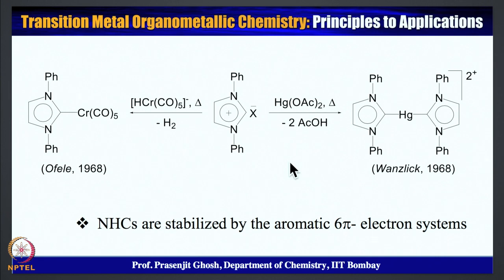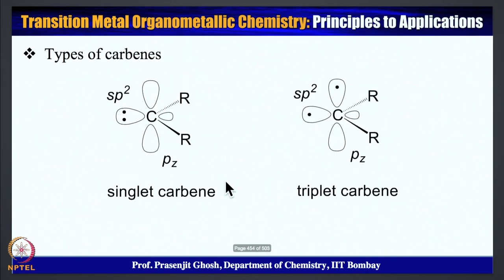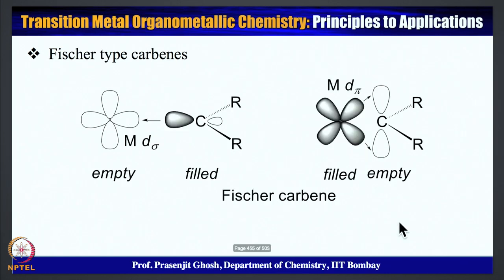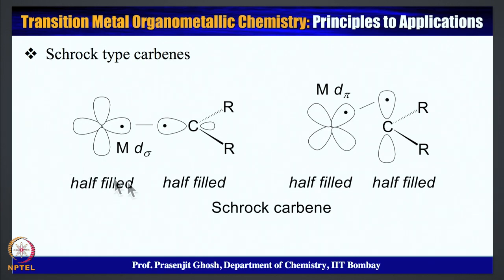We have looked into various synthetic methods that are available for preparing these carbene complexes. We have looked into the type of spin states each of the carbenes signify, for example, the singlet and the triplet. We have looked into the interaction that occurs in the singlet Fischer kind of carbene between the metal and the ligand, as shown by sigma donation and pi back donation, and the same for the triplet Schrock kind of